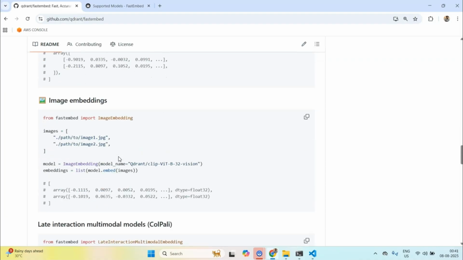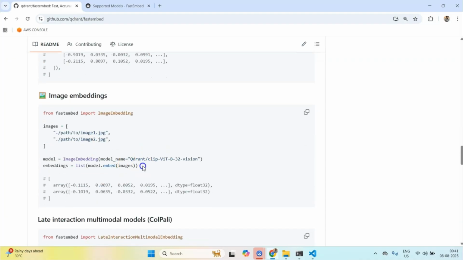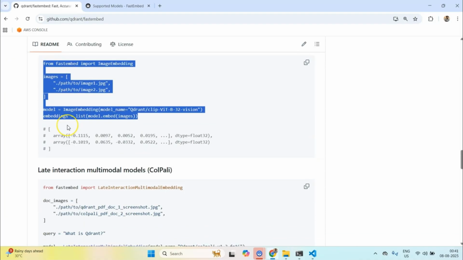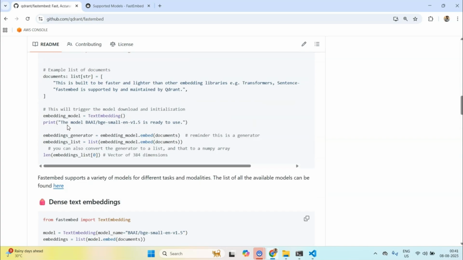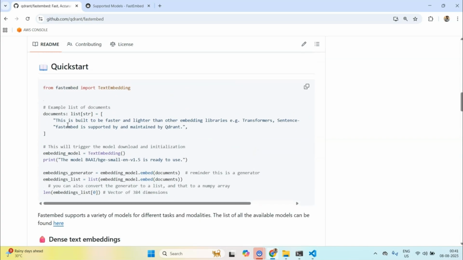Okay, so you have got all sorts of different embedding models that you can potentially use. And one of the nice things which I like, although you might not be interested in this particular use case, is that this goes very well with Qdrant.